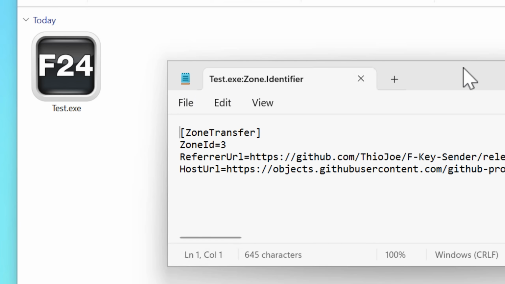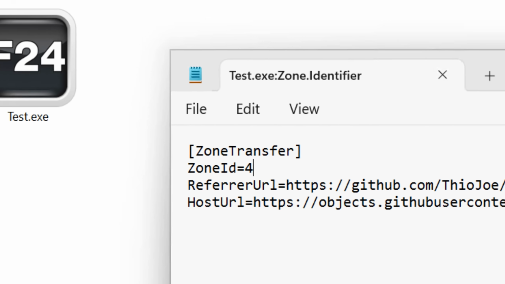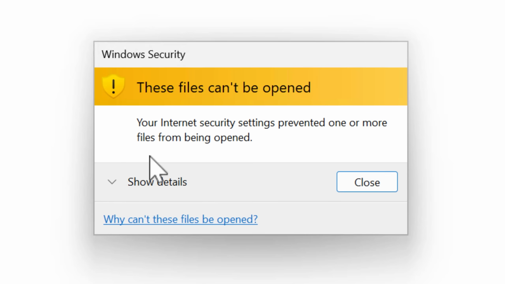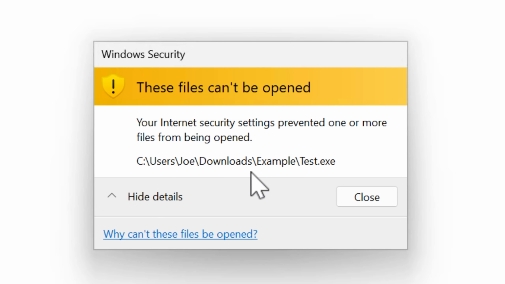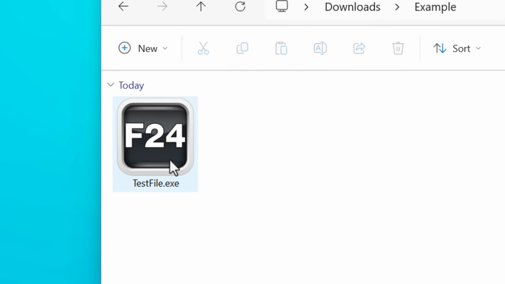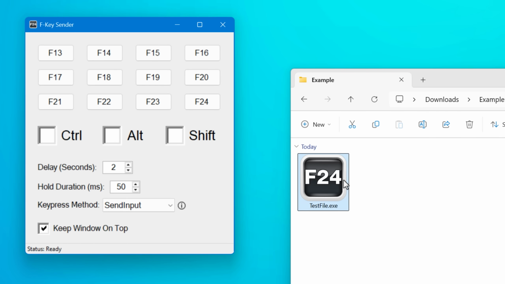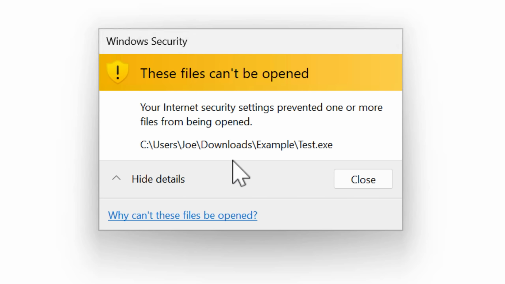And if you take an executable file and change the zone to 4 so it's restricted, Windows will probably not let you even run it at all, though there might be some other system policies that override that, because it doesn't stop it on my main desktop where I have Smart App Control enabled, and I think that might be using its own reputation system, but it does block it on another system, and I noticed it doesn't even give you the option to override it. Also, it doesn't stop opening image files and stuff, it just seems to stop executables.